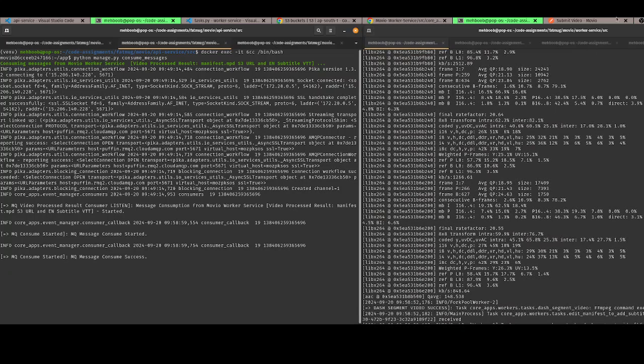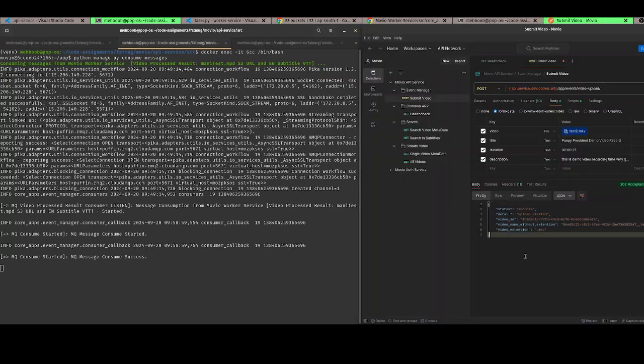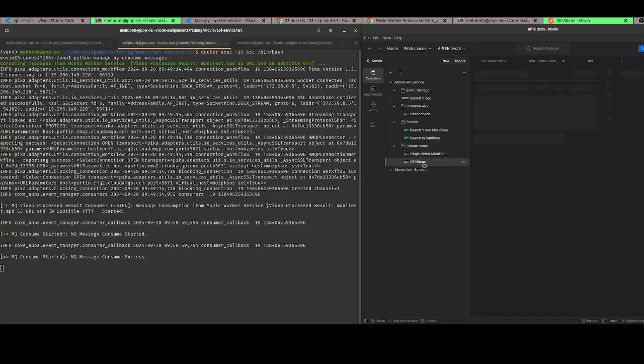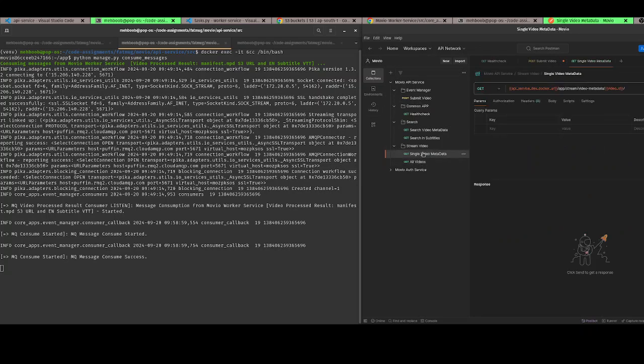And if I go to Postman, this was the video ID, right? I'm using a post-response script. I'm taking the video ID and adding it into a variable, and we can use this variable here in any section. You can see the value of this video ID, and if I send a request,